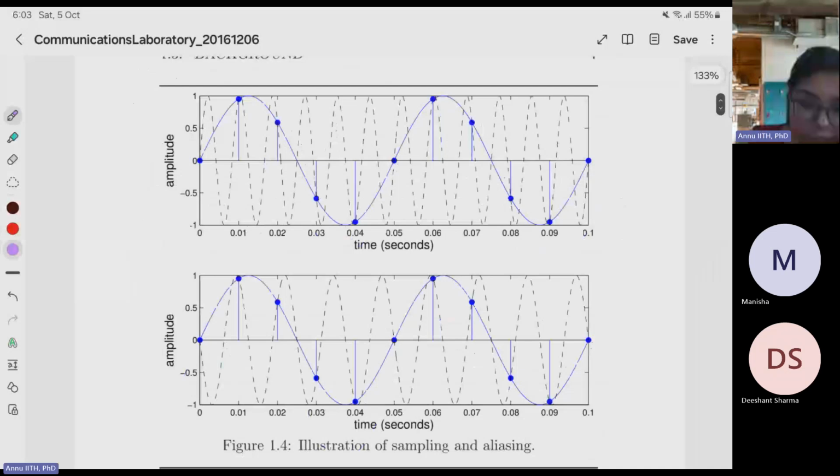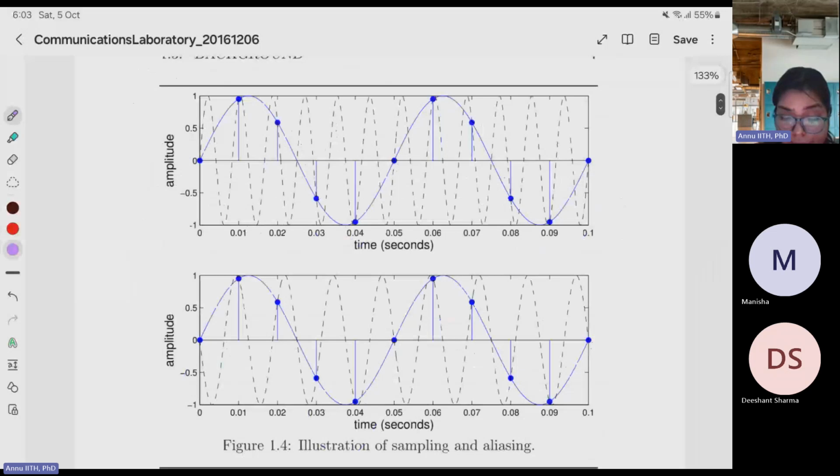Okay, so we can see here the illustration of sampling and aliasing. Here we have amplitude and time signals. So let's see exactly what this means. The basic intuition of sampling and aliasing: given only samples of a sinusoidal waveform, there exist